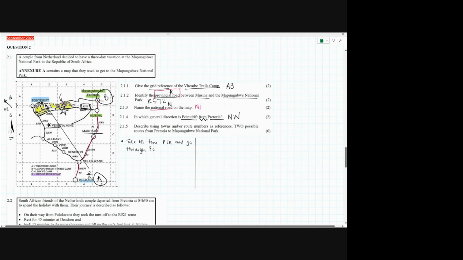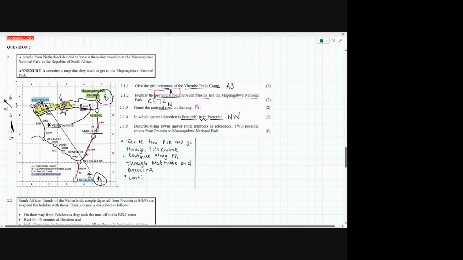Yes, that one. Through that one, and keep going. Continue through Musina, and then get into the Mapungubwe National Park. Perfect. Okay, so continue along the N1 through Mikado and Musina, and then